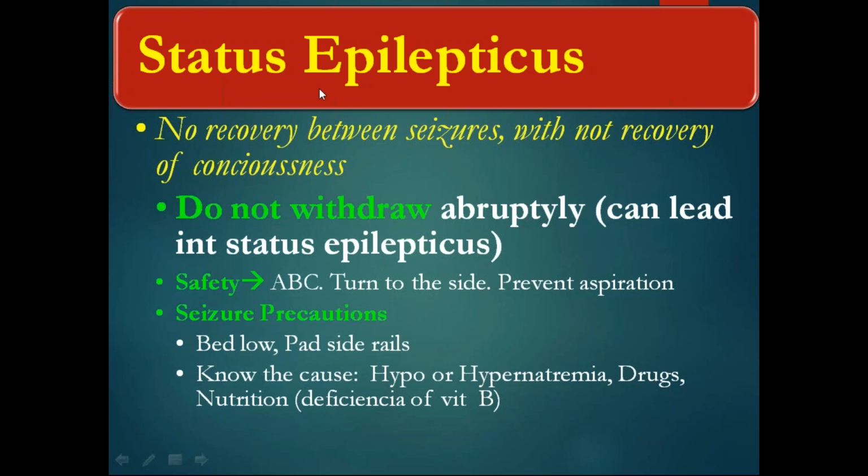Status epilepticus, simple. A patient having epilepsy, and there is no stop. The seizures last 2-3 minutes, stop, and then start again. And then start again. So that is status epilepticus, and that is going to last about half an hour. So that can lead to the patient's death, because besides that, they are going to produce a lot of salivation, seizures, problems with